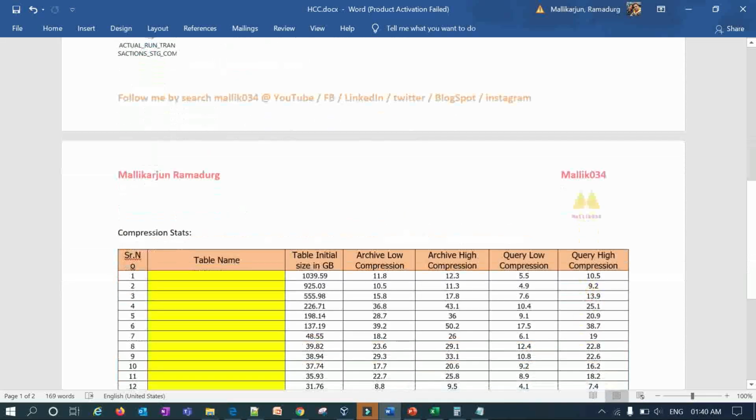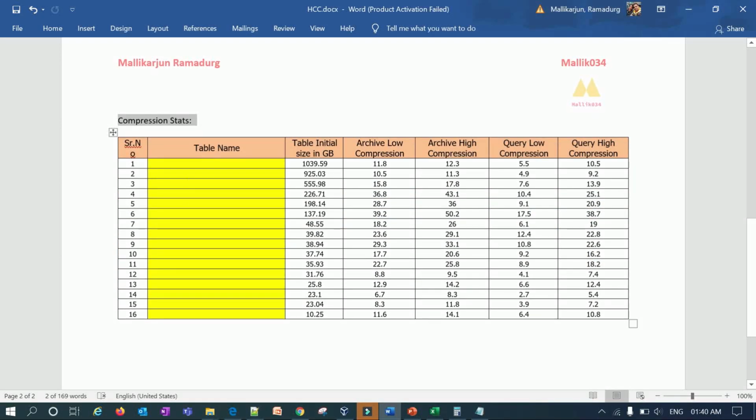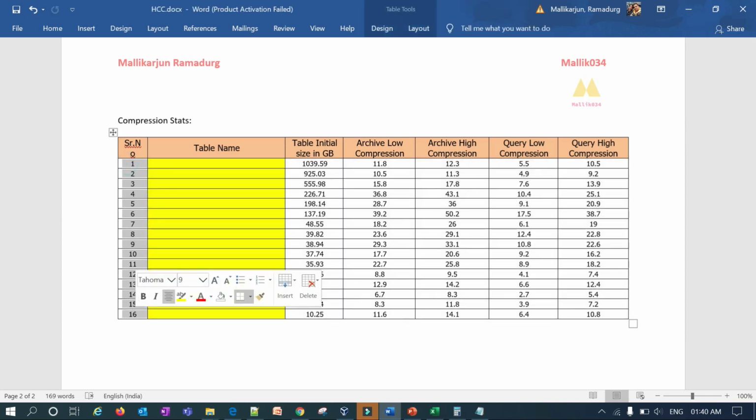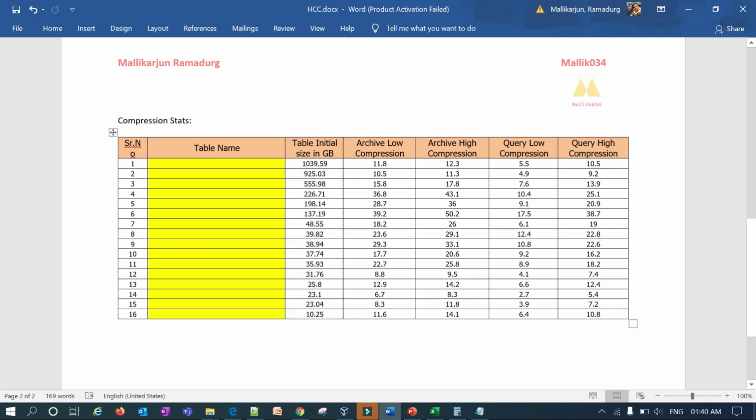So this is the compression stats for one of the customers I worked with. I removed the table names here for confidentiality purposes. You can see I chose 16 tables, big tables and some of the bad tables which they designed, because once you do the compression of these tables, your query performance will improve, right?